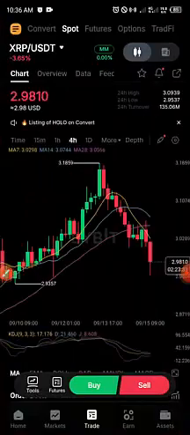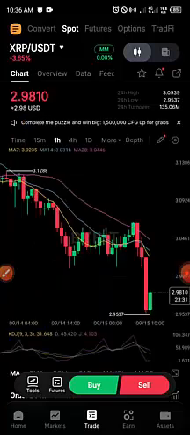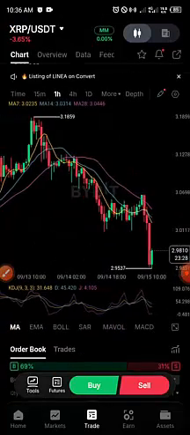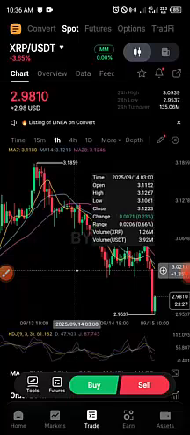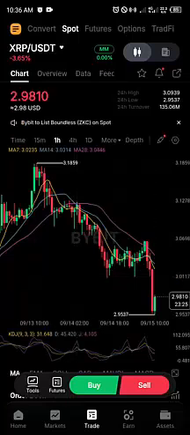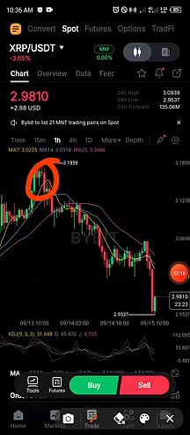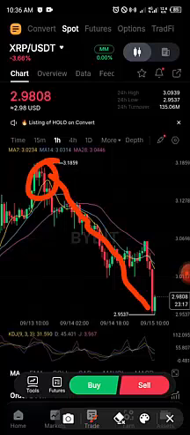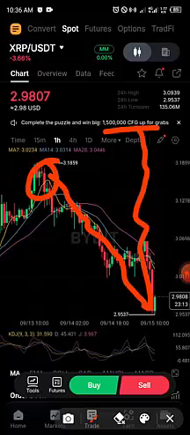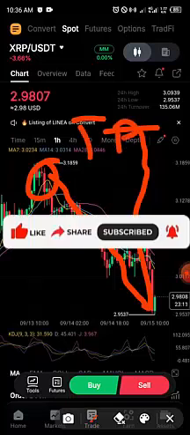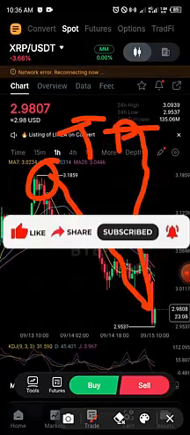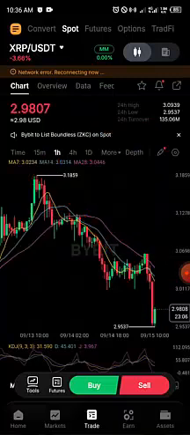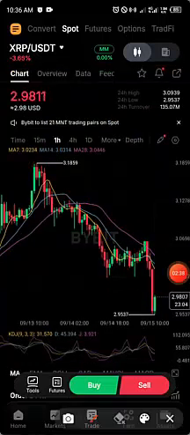Now this is a 1 hour chart of XRP. Your trade could hit, imagine you took profit up here, all right, and then the robot buys for you, and then price starts going down. What's going to happen is you're going to have to wait for price to go back up before it hits your take profit. All right, now the beauty of using the manual method is if it hits take profit for you here,